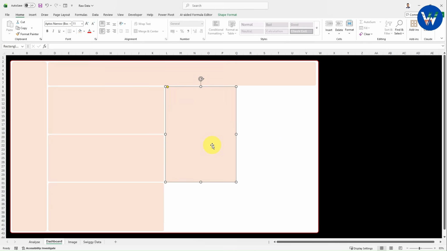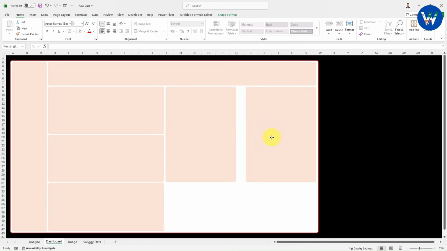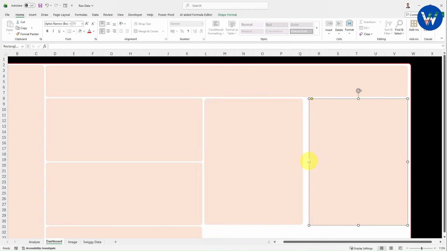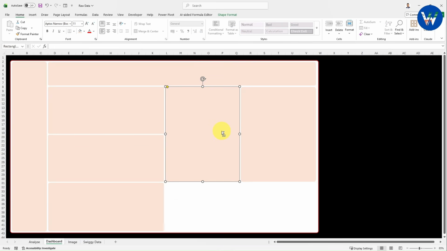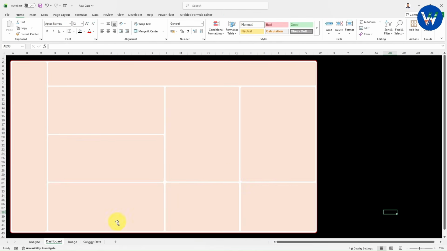Done. Now what you can do is create the duplicate of this, press Ctrl D on keyboard. Now you can adjust a little bit side by side. Now I will add two more shapes. I will press Ctrl D on keyboard. Now take the shape below it, right? Now let me adjust it. Done. In the same way you can create the duplicate of this, press Ctrl D, take it at the right hand side. Now the layout is looking professional.